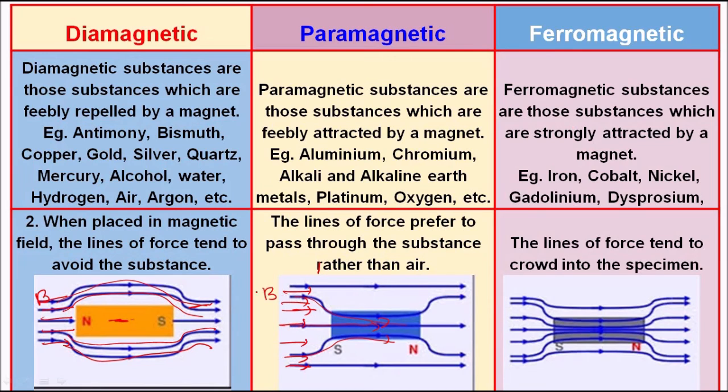So see, we can see here this is the applied magnetic field B, and all the magnetic lines of force tend to crowd into the space. See, here there is no crowding, but in the case of ferromagnetic material there is crowding. See the distance between these two lines and the distance between these two lines. Here is a large distance, here is a smaller distance. Okay, so this is the difference between these three,